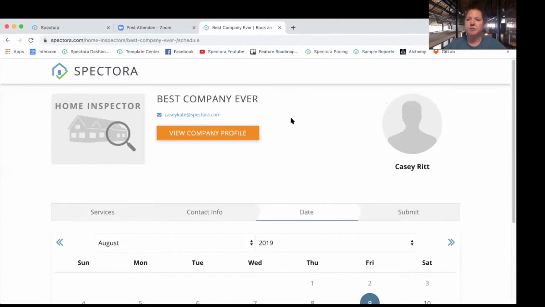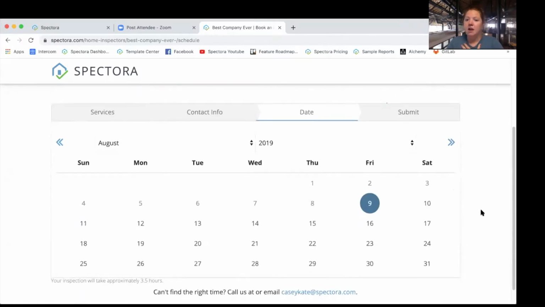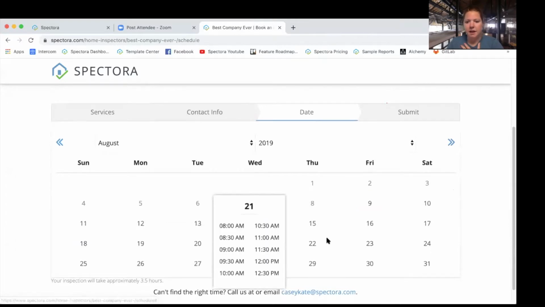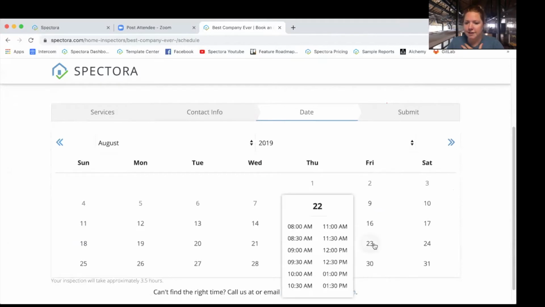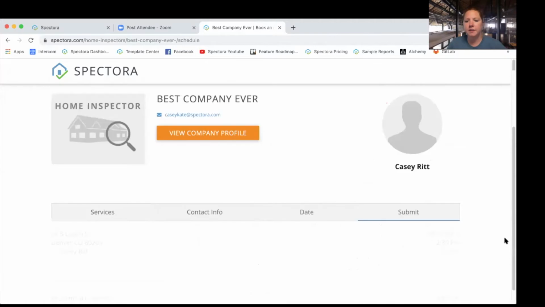Okay, anyway. Blinders on. So we did the services. We did the contact information. Now, based off of my availability, your client or your agent is going to be able to click on dates and choose when to schedule you. This is great because there is such a higher conversion rate when you actually get a date and a time and they put it in their calendar. So instant gratification, get them a time and a date. So if I would like to do 12:30 on the 23rd,